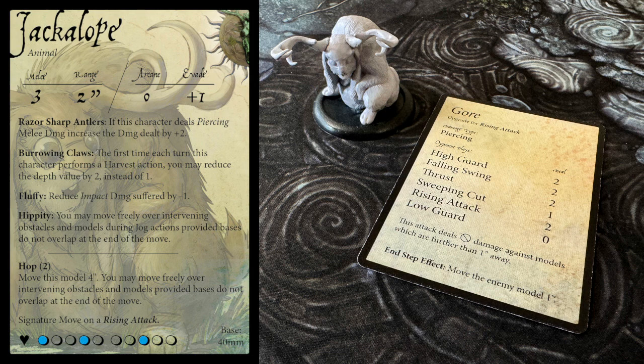He's nippy too, as he has the Hippity ability that lets him move freely over intervening obstacles and models during jog actions. And, in addition to making a regular jog action in his turn, he can perform a hop for 2 energy once per turn, which is a move of 4 inches ignoring obstacles and models. That lets him cover up to 8 inches of ground in a single turn,